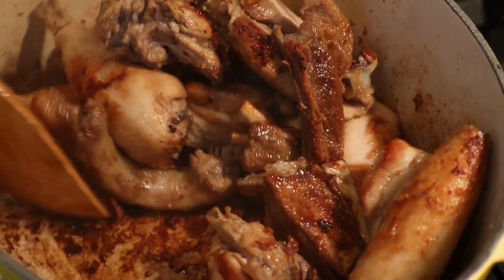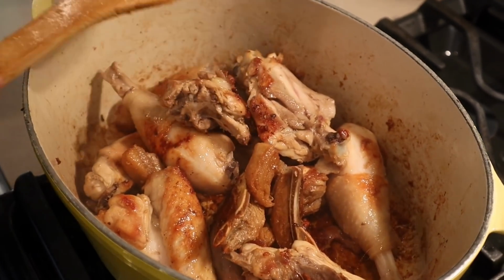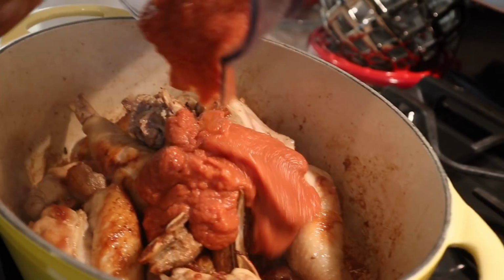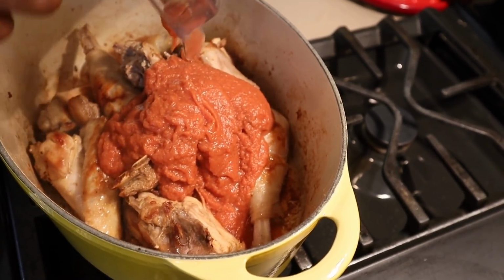And when I rattle about layering and building up upon flavors, this is exactly what I mean. Our lamb and chicken pieces have been seared to perfection. You can actually see all the caramelization, which is equal to nothing but huge flavors. All right,